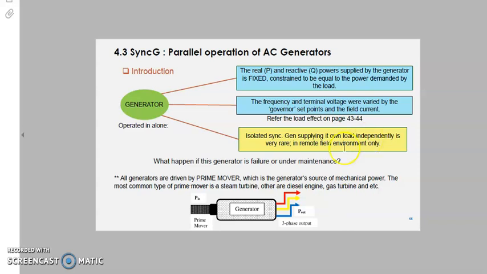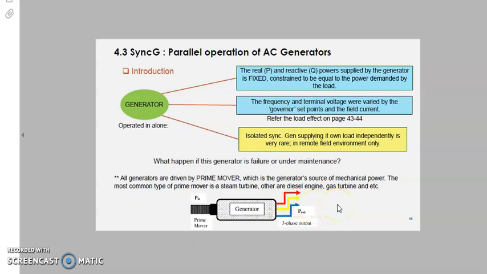Means whatever we generate from the generator, from the prime mover, usually the prime mover is taking the force from the turbine. Maybe for the generator that produces 50 or 60 Hz, the turbine came from the source of hydro, wind, etc. Engine, diesel engine, gas turbine, and we deliver three-phase output